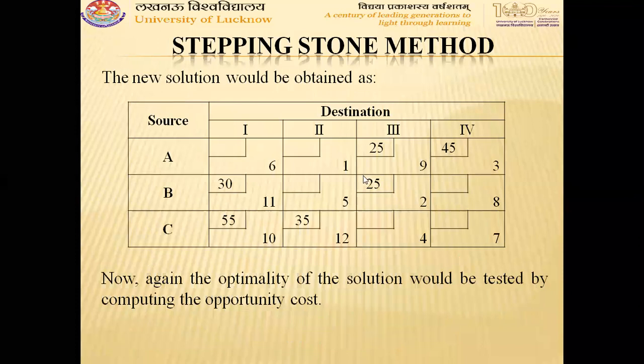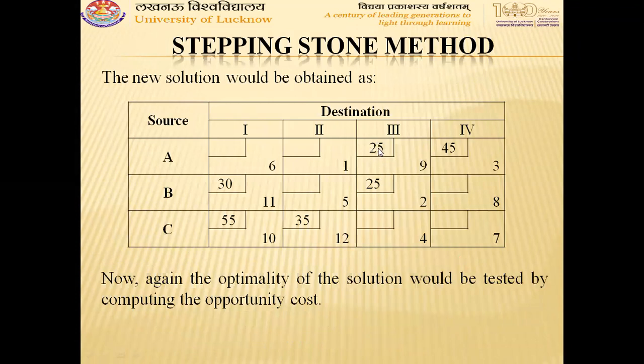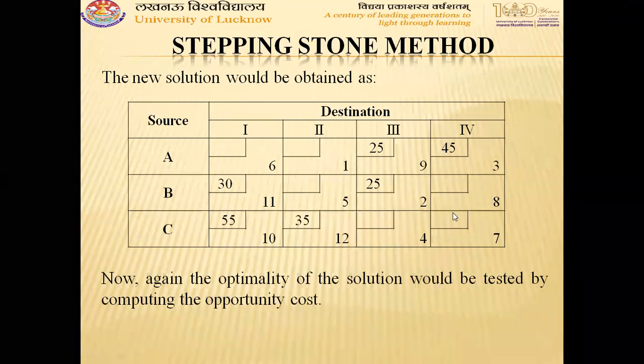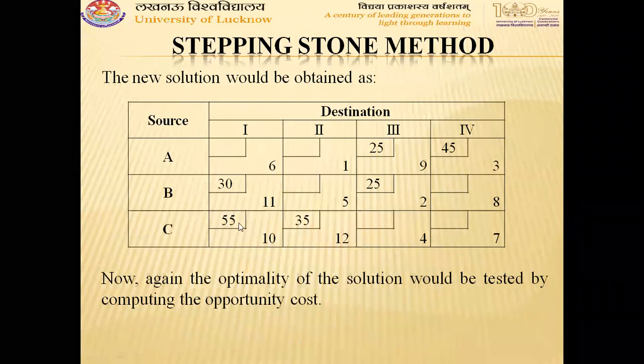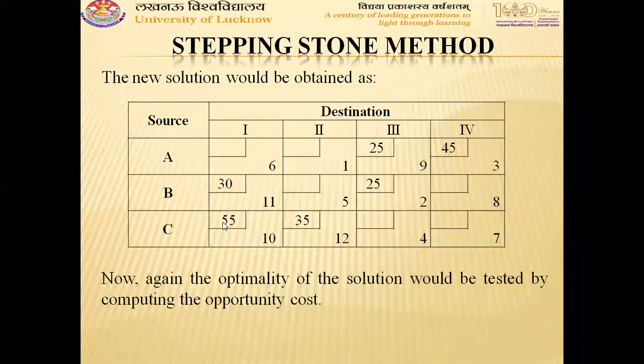Here we add quantity 25, then subtract from 50, that way it would become 25. Here we add 25, it was originally 20, 20 plus 25, it would become 45. On next cell here we subtract 25, it would become 0. Then next cell was here with quantity 30. We add here 25, it would become 55. Then on next cell where quantity was 55, we have subtracted 25, it would become 30. So in such manner we can perform the 6 steps of